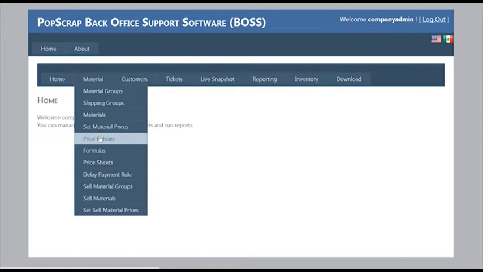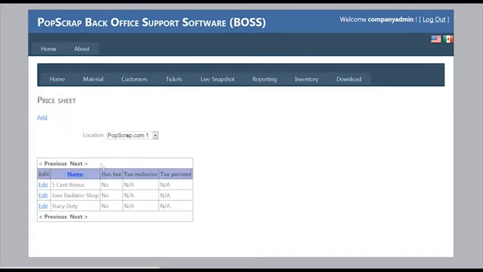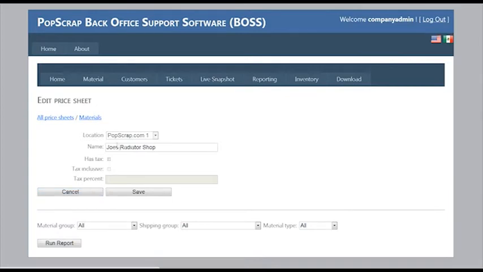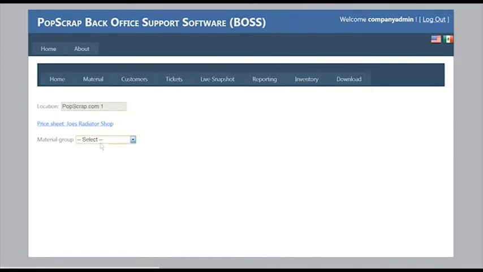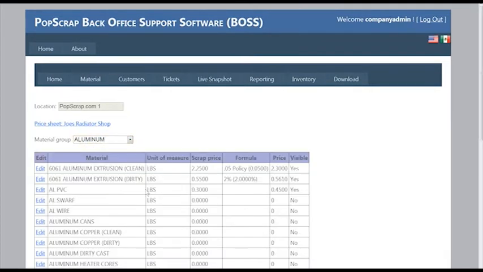Let's go ahead and take a look at some new features that we've built in, such as price formulas. So we now have formula pricing. We now have price sheets, custom price sheets. So you can either name it by a description, such as 5-cent bonus sheet, or you can name it by a customer's business name or the individual. And then when you go over here, you can set up the rules for this if there was tax involved for Canada customers, New Zealand customers, etc. And then of course we can run a report to see the custom price sheet, or we can simply go over, look at the materials that we have custom priced already.